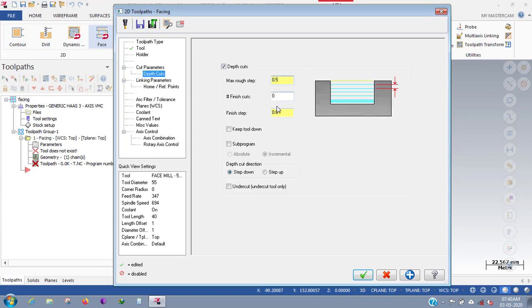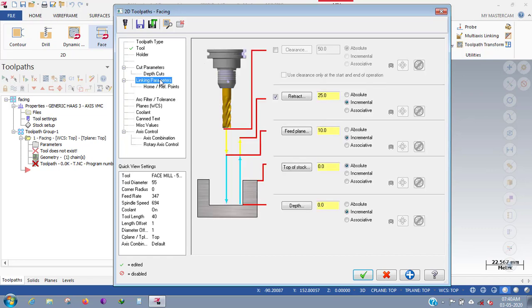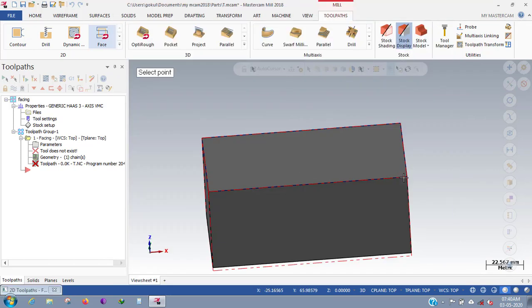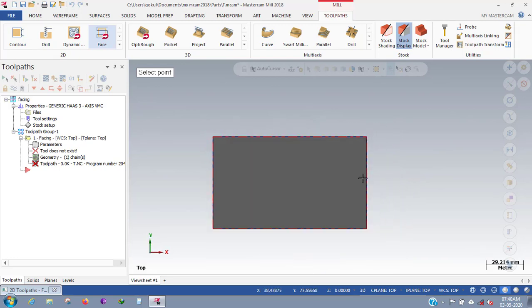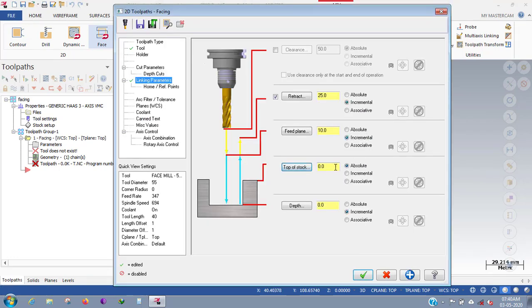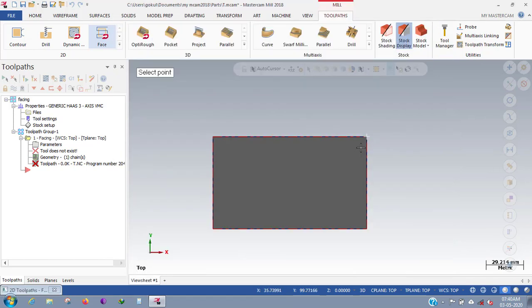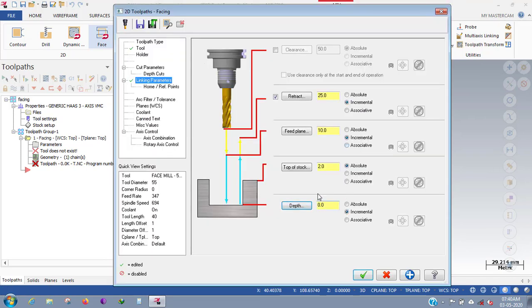In the linking parameters, which is the stock and machining linking parameters, I'm giving top of the stock, and absolute 2 mm, because from that face there will be 2 mm stock available. And the depth, just click same, because that is the face I require.